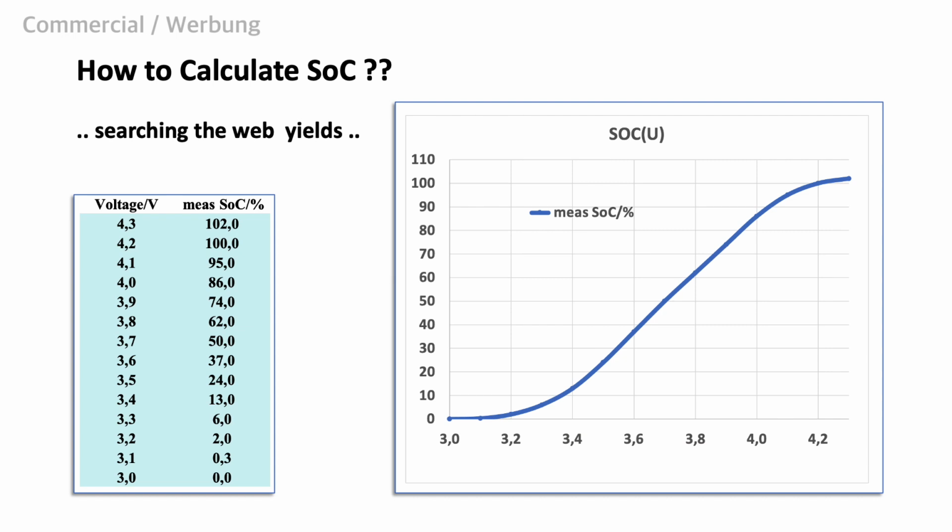When we search the internet for battery state of charge, we find a lot of data that can be quite confusing. Since we can easily measure voltage, we first want to know the relation between voltage and state of charge. And we find data like this. Okay, we understand there is a non-linear characteristics of the voltage versus the state of charge, which makes it already a bit difficult to calculate.